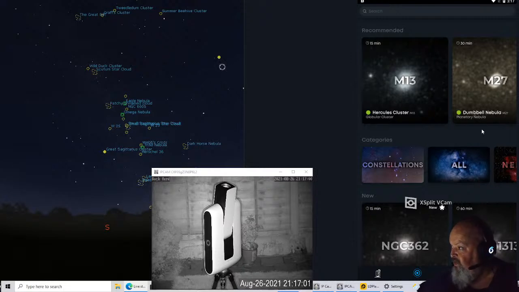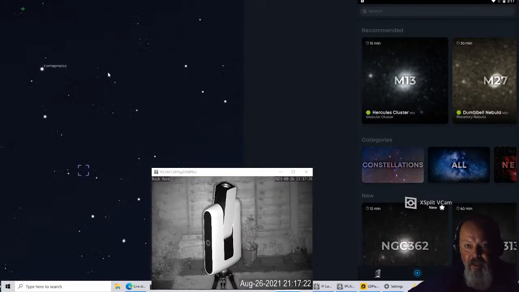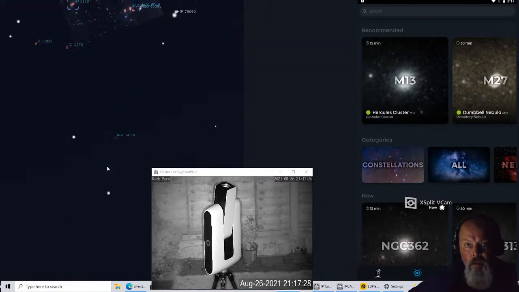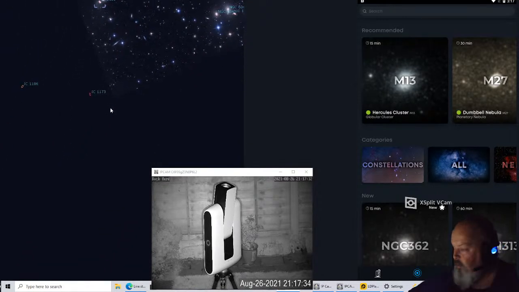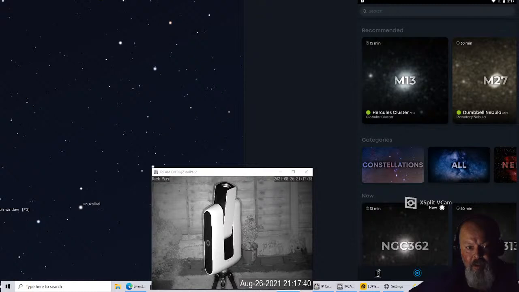Right. So what we want to do now is do that little search again for the Hercules Cluster. Hercules Cluster, there we go, and it'll show you on the left hand side where we're going to look. So there it is up the top there apparently. So let's have a look. Just back out a touch because I don't think it's done it properly. It says Hercules Cluster down here, so